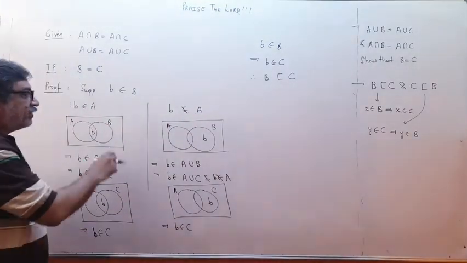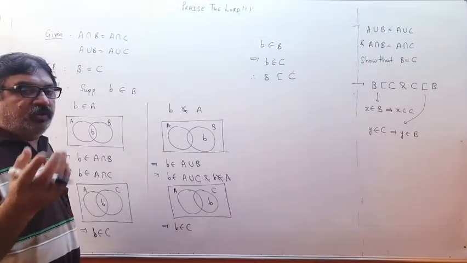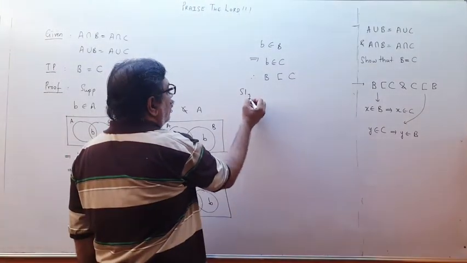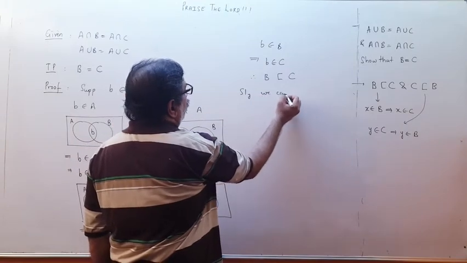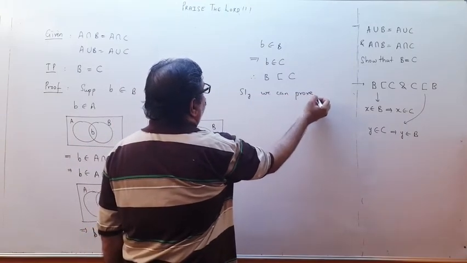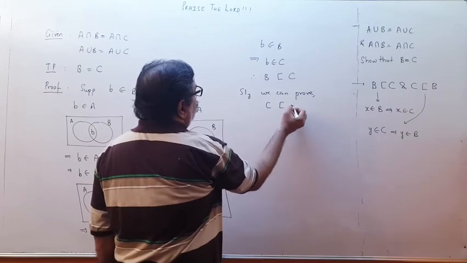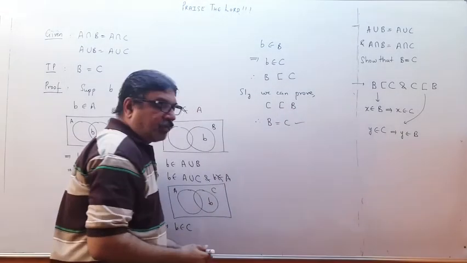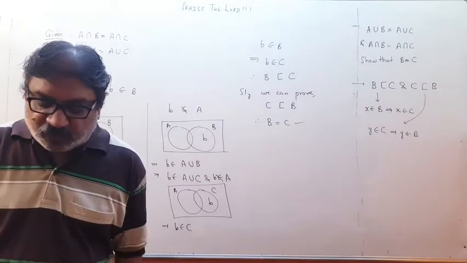And then similarly, just as x belongs to B, you take x belongs to C and proceed in the same way. Because it is the same way, similarly we can prove, I need not do it because method is similar, C subset of B. And therefore, B equal to C, proved. Please pause and copy, children.